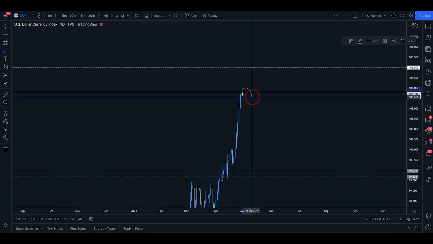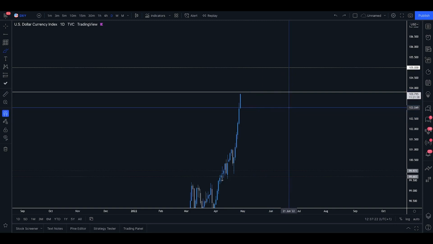Now, I'm not looking for extended downside, but we do need some exhaustion to kick in. Obviously, a market can extend as far as it wants to, and there is no telling that this will definitely reverse, but we are now approaching a point where we could see some temporary, momentary reversals for the US dollar, come a little bit lower, and potentially drive some of those other currencies that are dollar crosses like EURUSD, GBPUSD, to gain some steam and make a push to the upside, even if it is only brief, before the US dollar continues its action.